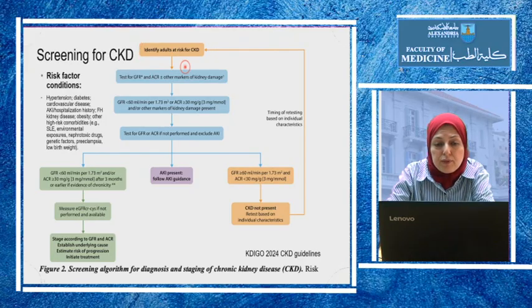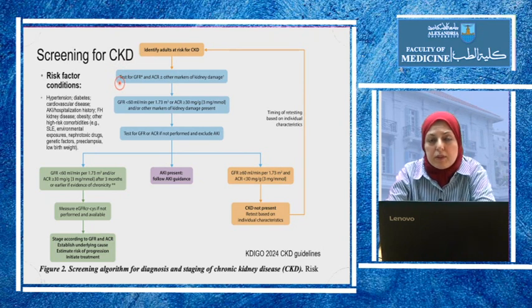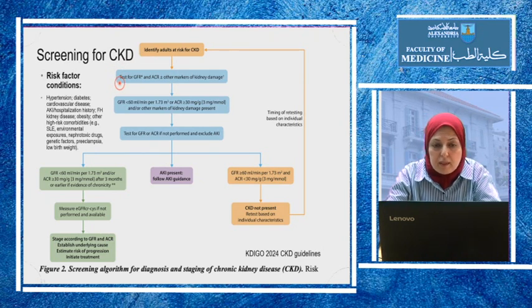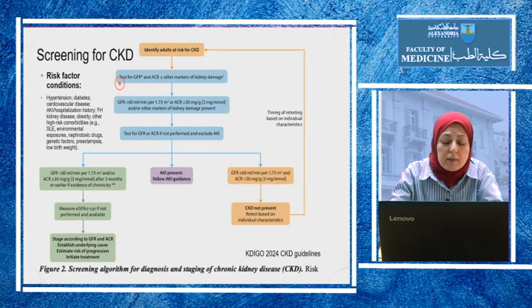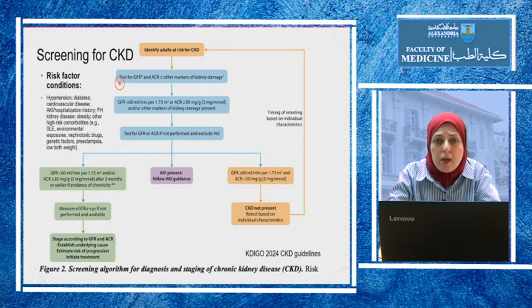So our first step should be to identify adults at risk for chronic kidney disease and to test for the most common markers, estimated GFR and albumin-creatinine ratio. There may be other markers of kidney damage. For example, in patients with lupus, we also have to do urine analysis. In patients with a family history of polycystic kidney disease, we may also do yearly or biannually an ultrasound. So based on the underlying risk, we may choose to also monitor other markers of kidney damage. But the gold standard is in every patient with any of these conditions to monitor the GFR and albumin-creatinine ratio.